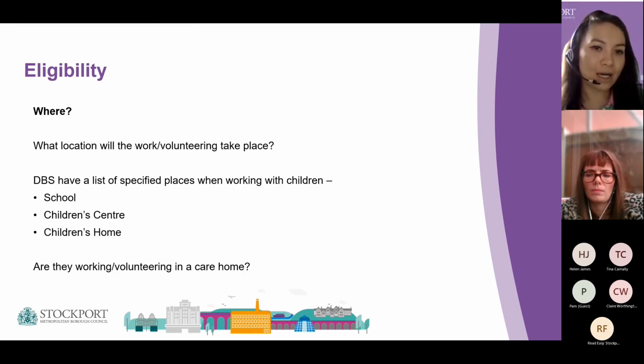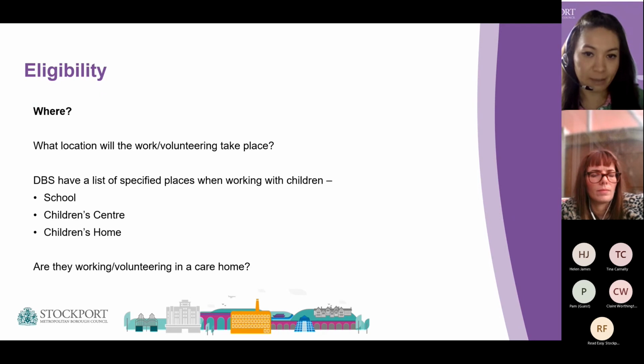And then the next question is, where will that work or volunteer work take place? So DBS have a list of specified places when working with children. So that's schools, children's centres, children's homes, nurseries, children's detention centres. These are all a list of specified places when working with children, and they don't really have any specified places for vulnerable adults, but they do have,